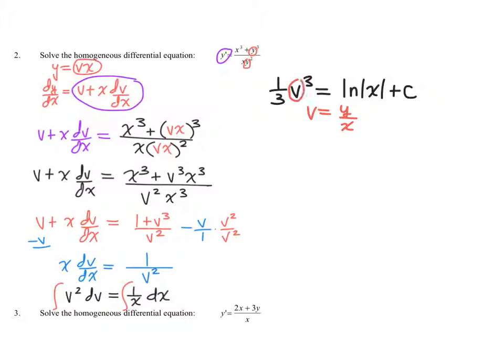I'm going to replace the v with a y over x. So that's going to be y cubed over 3x cubed is equal to ln of x plus c. Now I could multiply to clear out the 3, but then I'm introducing a 3 to the natural log. I don't know if I want to do that yet. All right. Ultimately, what I want to do is solve for one variable in terms of the other. Which variable do you think it's going to be easier to solve for,